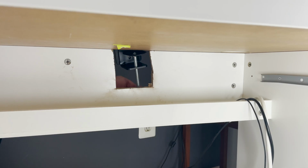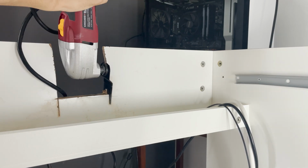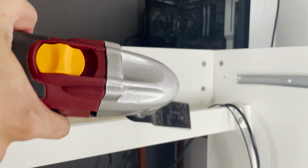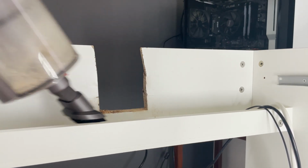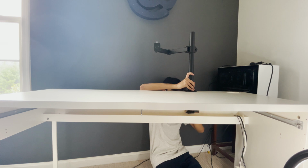So I just put on my tabletop. I haven't screwed it in yet, but I'm gonna see how the mount looks, and if it's good, I'm gonna screw it in. Okay, so I got it on. I'm not sure how I feel about this, to be honest, because this is sticking out on the side, and